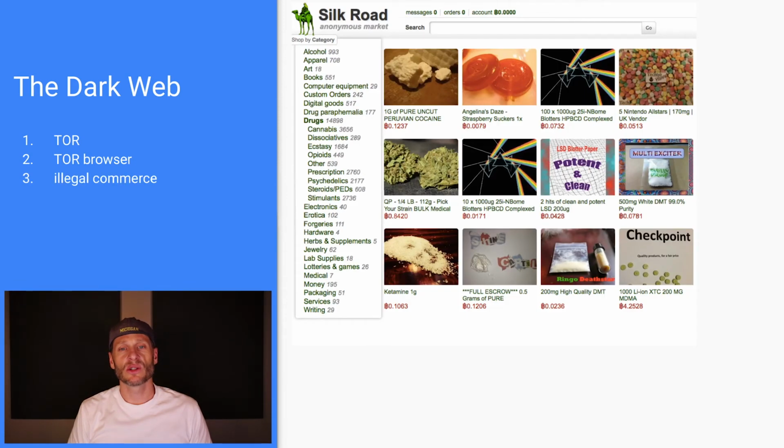And then once you have a Tor browser, you could go to websites like this, which is basically eBay for everything that's illegal. Like I said, it's the back alleys of the World Wide Web. And the guy who started Silk Road here made millions and millions of dollars and then got busted by the FBI. So law enforcement, police, and legal jurisdiction, they still are able to operate on there and find people. So you're not completely protected.